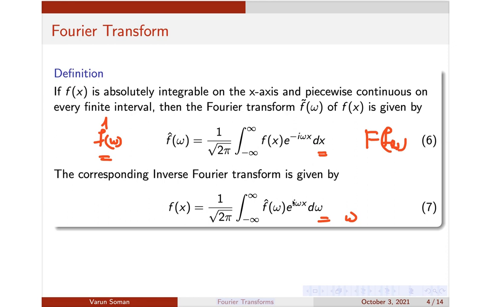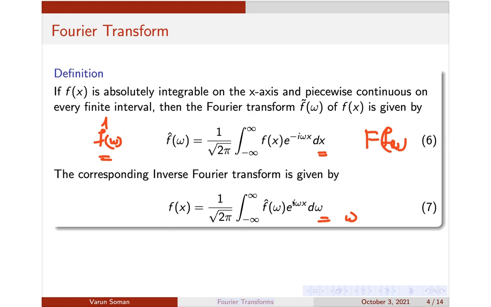Even in some textbooks they have written the Fourier transform as f of x into e raised to I omega x itself instead of minus I omega x, and for the inverse transform they have given f cap of omega into e raised to minus I omega x. So it depends upon the textbook. For us, our standard textbook is Kreyszig, and I will be following the notation of the Kreyszig textbook, which is written here. So just follow this definition.